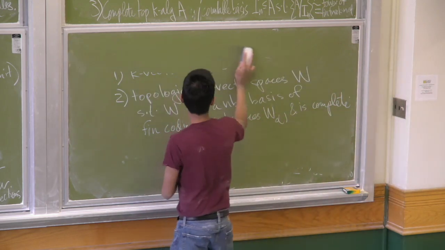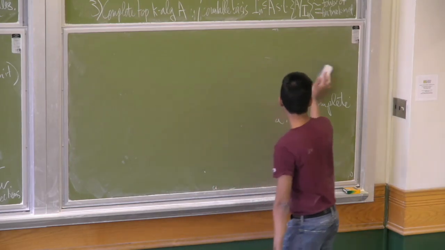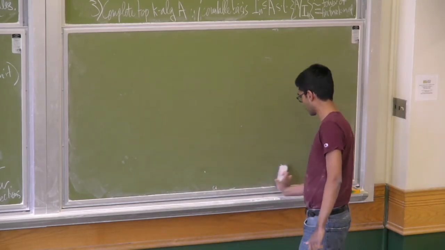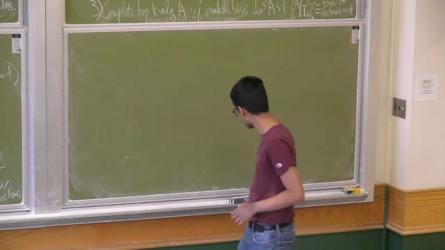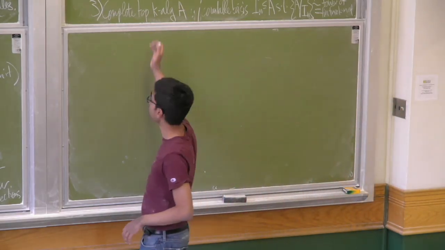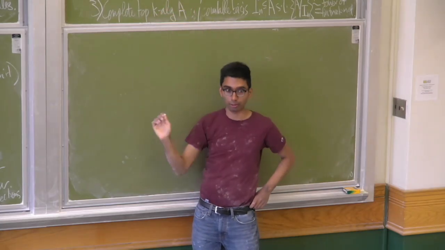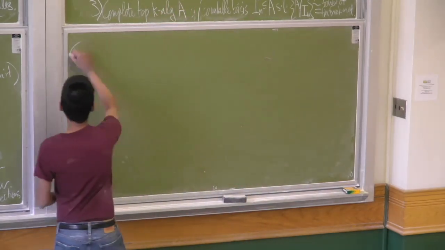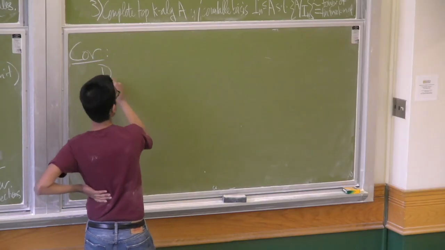Right after I explain the group schemes. Sorry, so I just explained everything for coalgebras and ind-schemes, but it's compatible with products, so you can add a group structure. So if you add a group structure over here, that corresponds to adding an algebra structure on the coalgebra. So a corollary of this is that you have a correspondence between